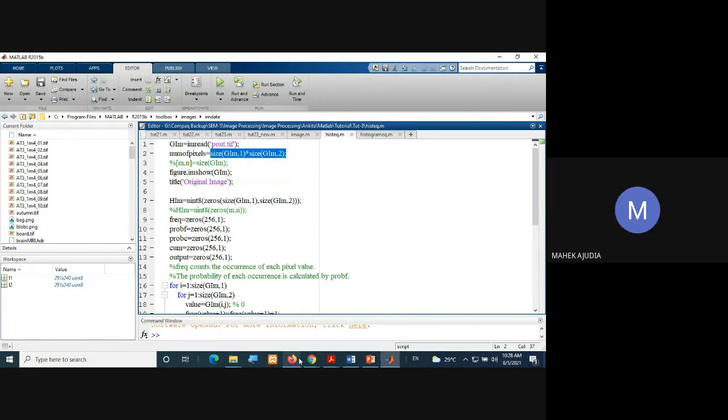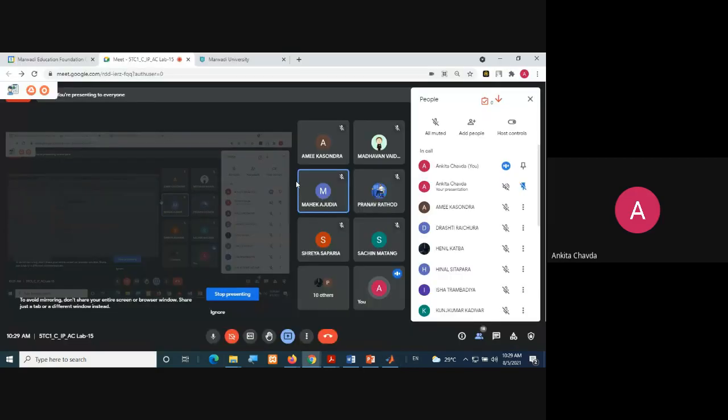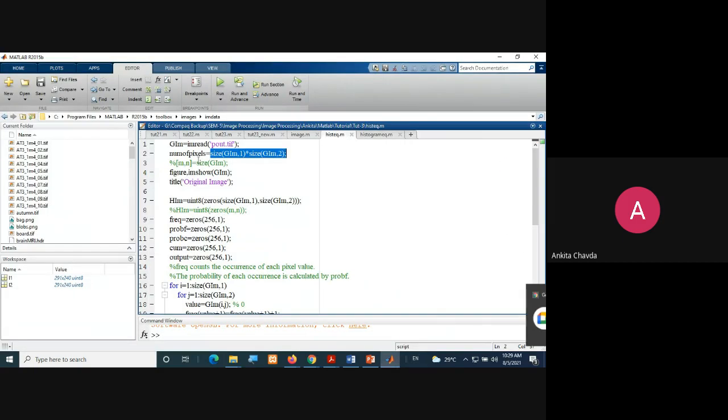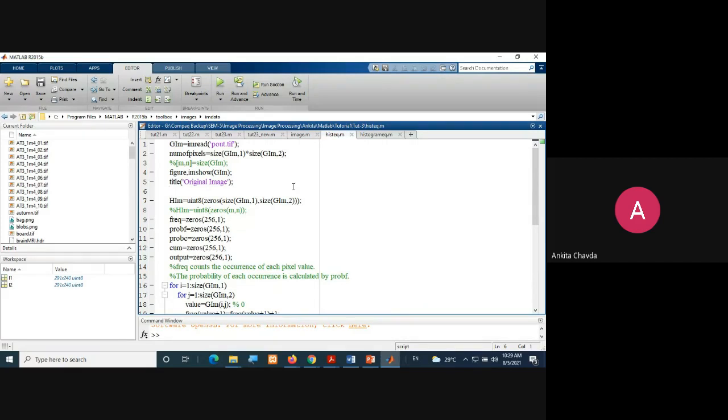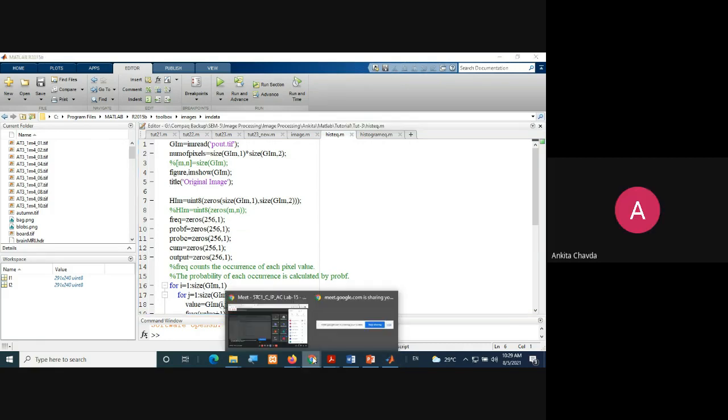For making a histogram, because we need a 2D array. We want only the 2D array. That is correct. But why are we doing it like this? Can't we write directly size of this into mn? Why are we doing this? That is my question. We want to scale the histogram by our requirement. Not exactly.